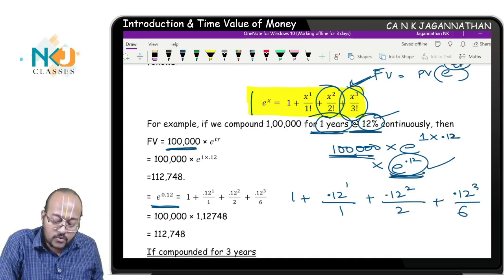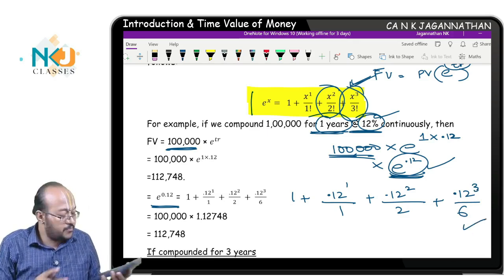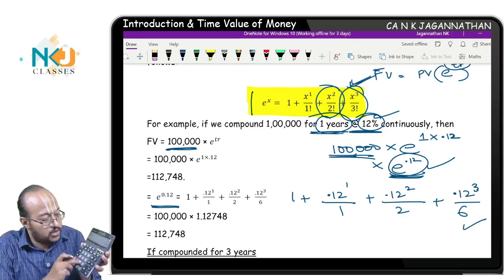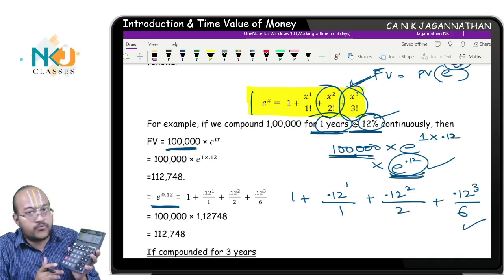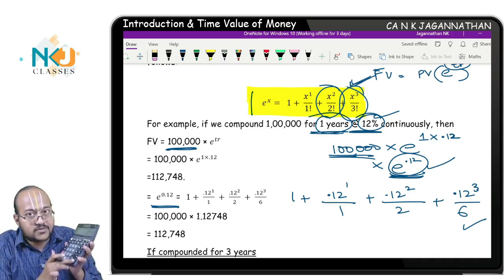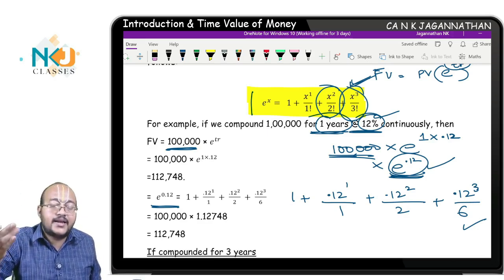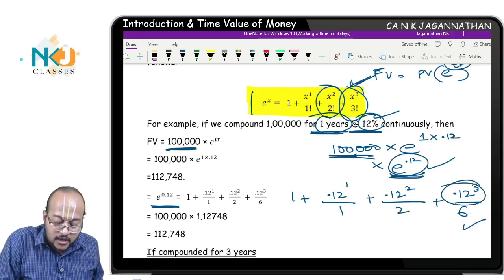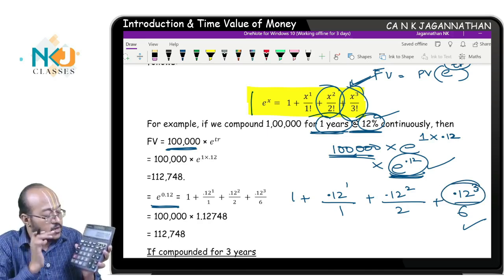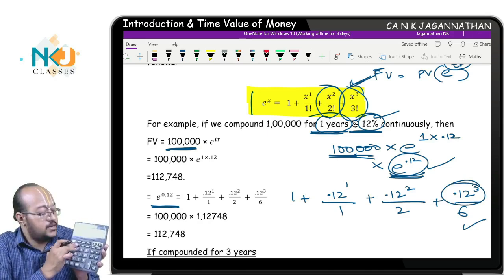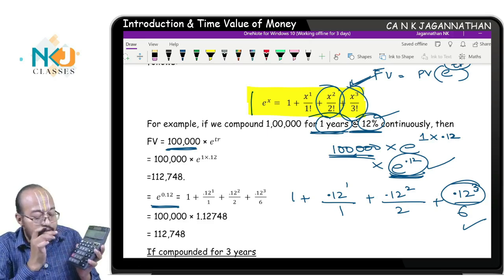Here, assume we are going up to the third term. How to compute? Very simple. Take your calculator, type 0.12, and press into is equal to. You will get 0.0144. Again press into is equal to, which means it is raised to the power 3. Now you will get some number. Then divide by 6. Now use the memory plus function. That is why I like these kinds of calculators. Press the memory plus here. Then what you do?